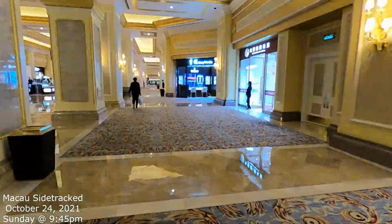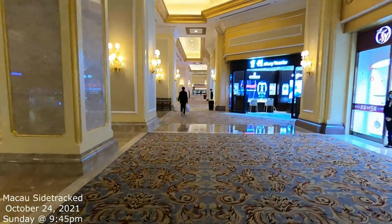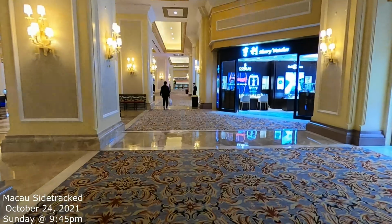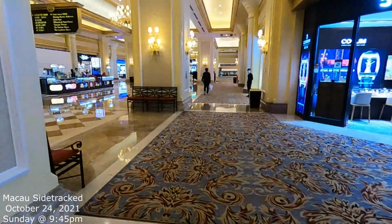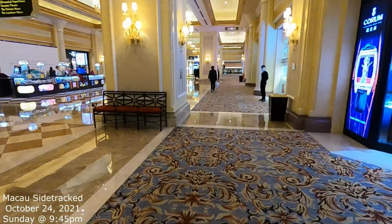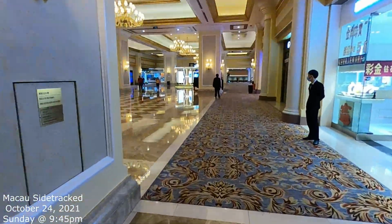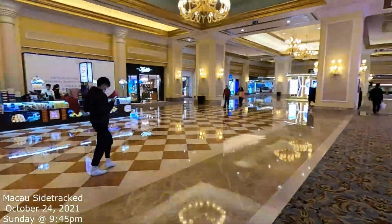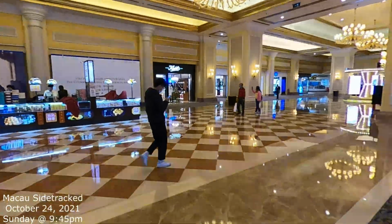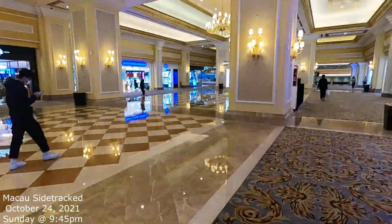I remember when this was a lot more crowded too, before COVID, but not at this time. At this time, it was always kind of quiet because everything closes down. I wonder what the tourists do. I don't know where they go. I guess they might just close down, might encourage people to stay in the casino part. Oh yeah, there's one little thing over there. This used to be just filled with stuff all the way in the middle. I guess COVID has affected us more than...